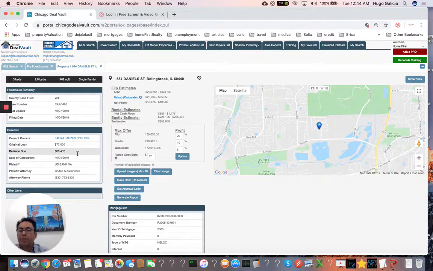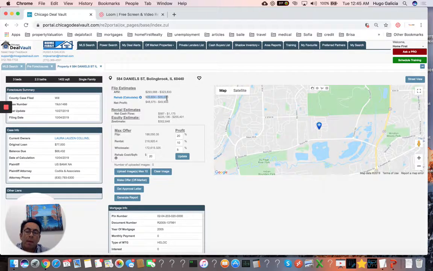Now, step number two, let's analyze it. You need three numbers to analyze the deal. After repair value, we already know what that is. We can sell the property after the repairs have been made for up to $323,000. How much are you going to spend, or the flipper, or the individual who purchased the property, on the rehab? Based on the square footage of 1,400, 3-bedroom, 2-bath, it will range between $23,000 to $35,000, assuming it's a